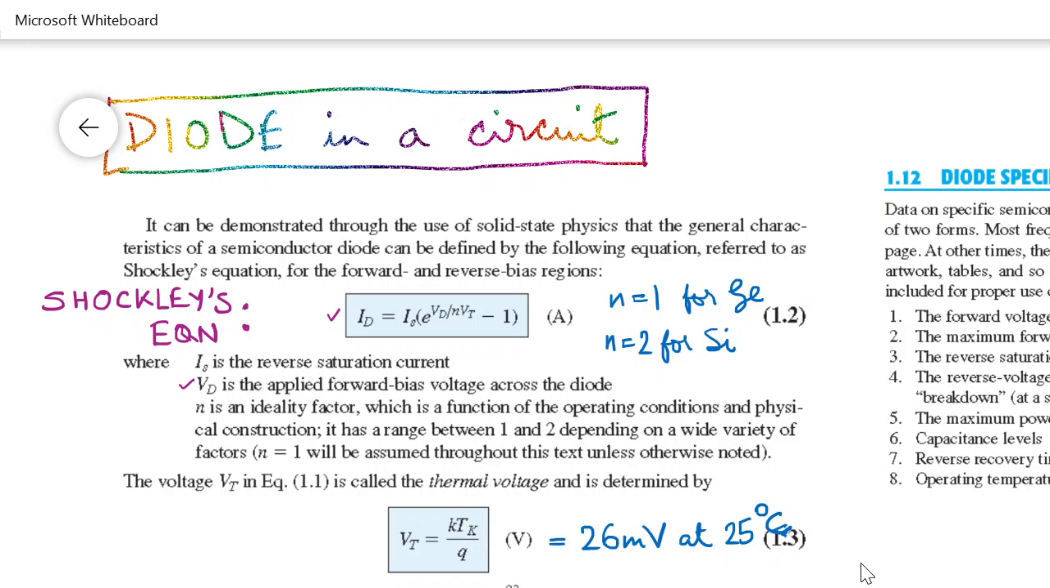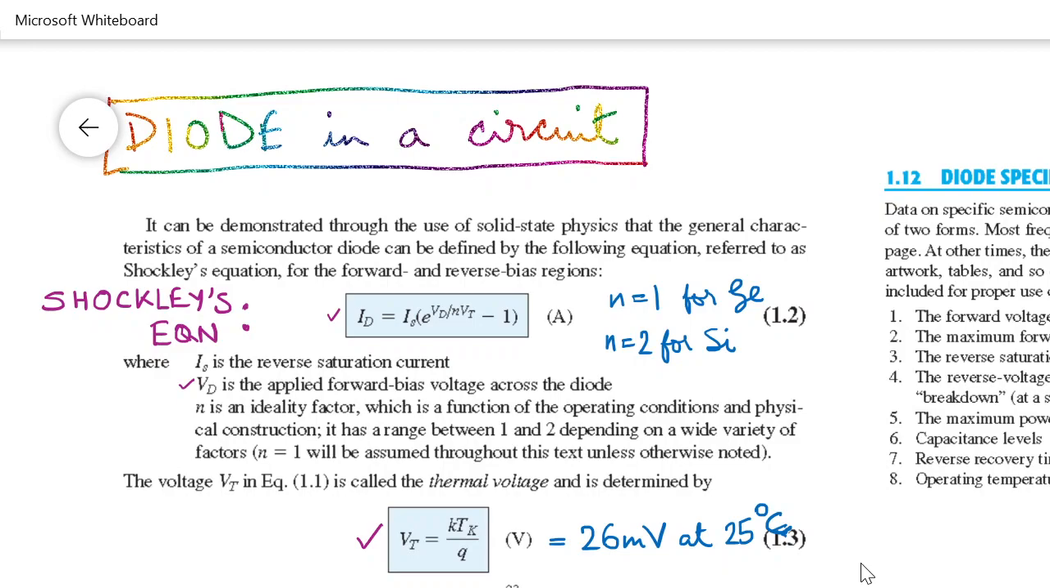First, let us discuss VT. What is VT? VT is kT by q. k is the Boltzmann constant, a constant in physics. T is the absolute temperature in Kelvin, and q is the electronic charge. This gives rise to VT, and if you calculate it for 25 degrees centigrade,